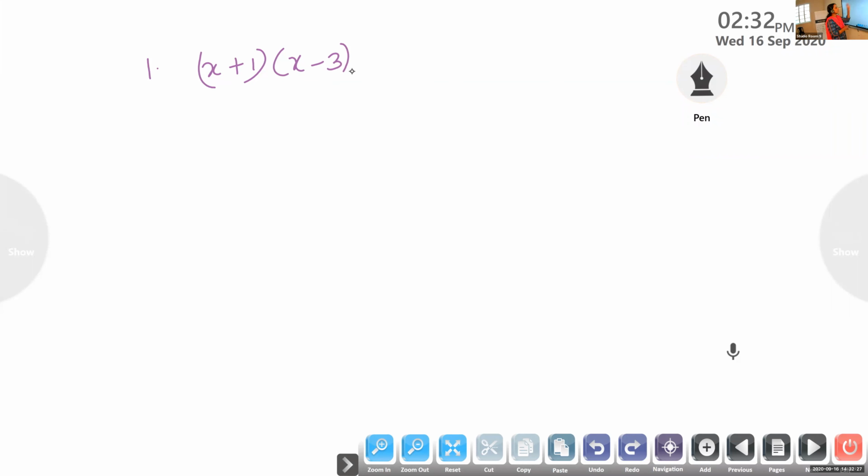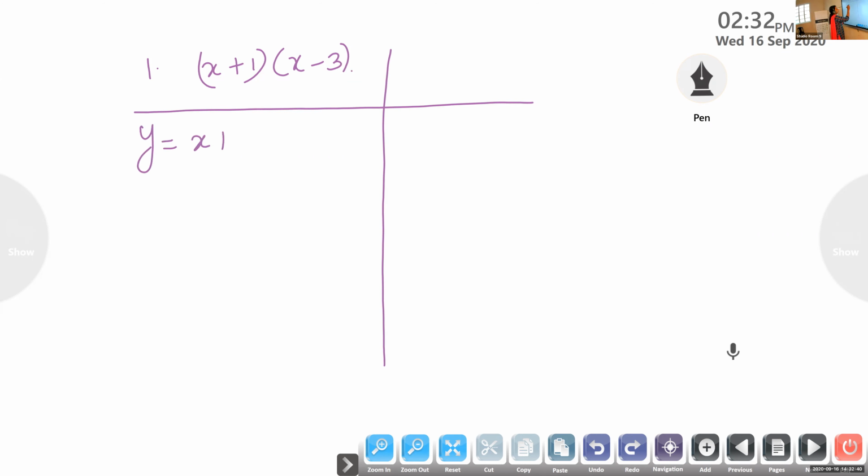Otherwise, you do this in the easy way. Here is what you can do: the same question, I'm going to solve it in two different methods. The first one, listen: first I name this function as y. y is equal to (x plus 1) into (x minus 3). Listen, children, I'm going to solve this by using method 1. y is equal to (x plus 1) into (x minus 3).